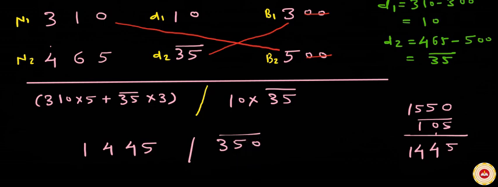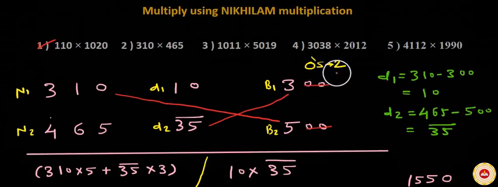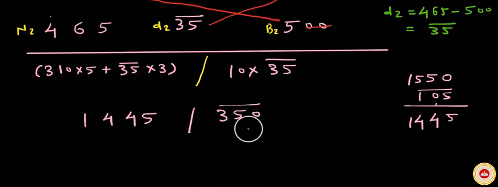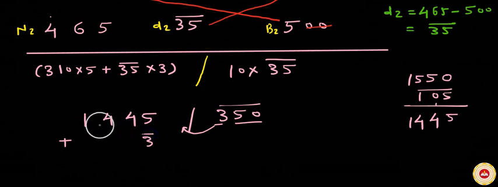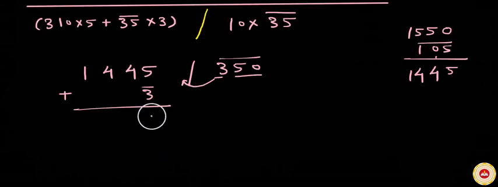Now friends, we have calculated the right part and the left part. Now let us balance the right part. How many zeros did we cancel? 2 zeros. It means we need to have only 2 digits in the right part. But how many digits do we have? 3 digits. It means we are going to retain this negative 50 and pass the hundreds place digit, negative 3, to the left part. Passing means adding. So let us add negative 3 to this number. 5 minus 3 is 2.